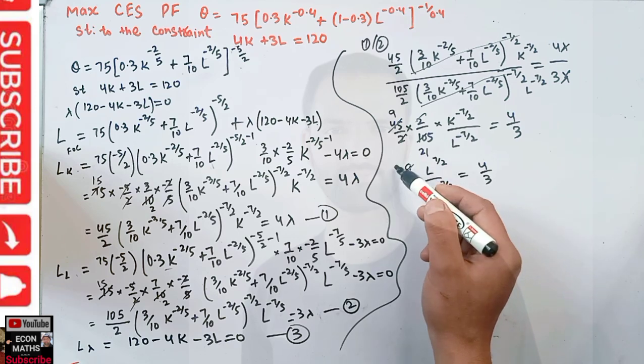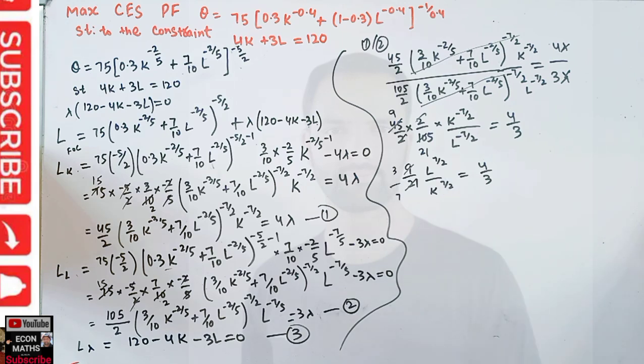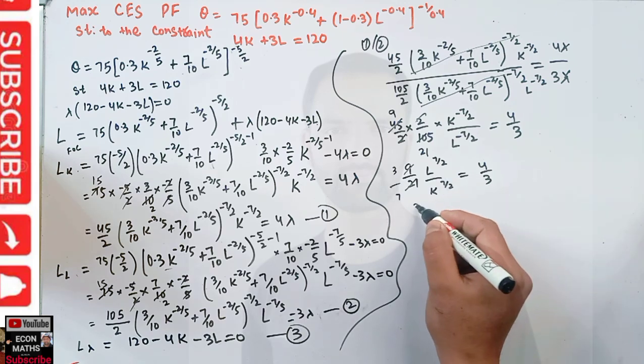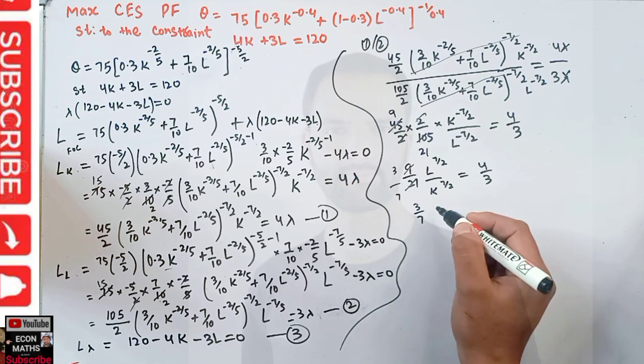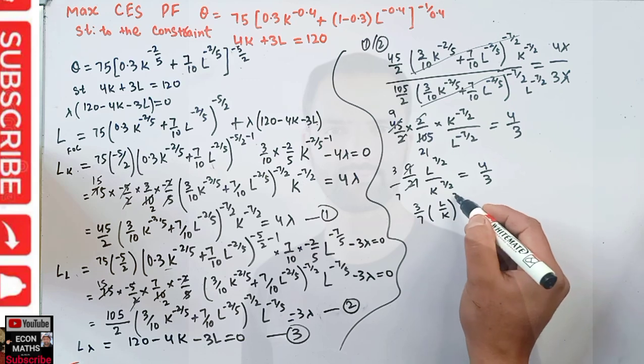3, 3 3s are 9, 3 7s are 21. I hope I am making the calculation right here. So we have 3 upon 7. We can write L upon k to the power 7 upon 2